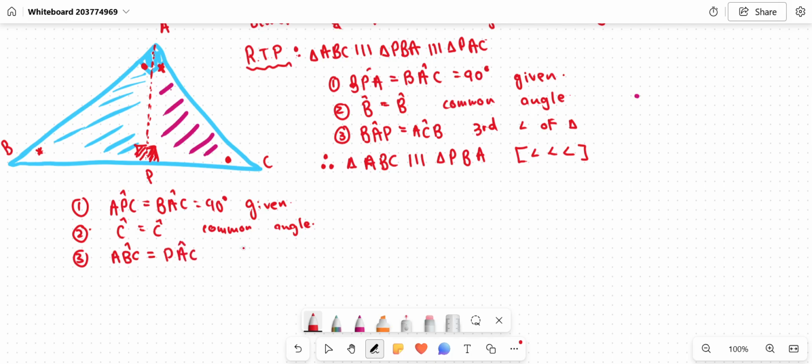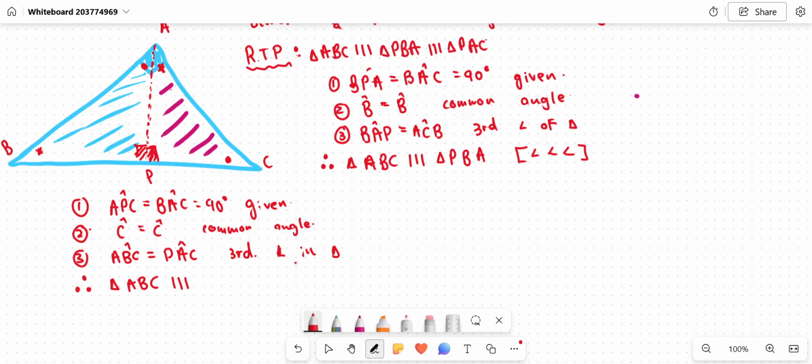And why am I saying that? Because this is the third angle in a triangle. And so therefore, I can conclude that triangle ABC, the bigger triangle, is similar